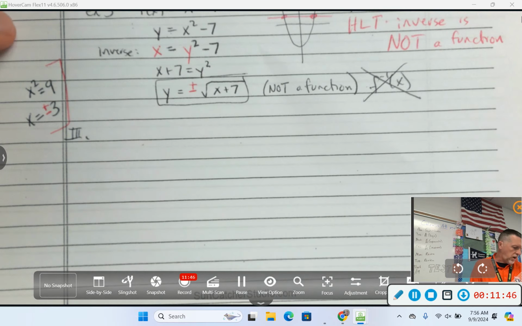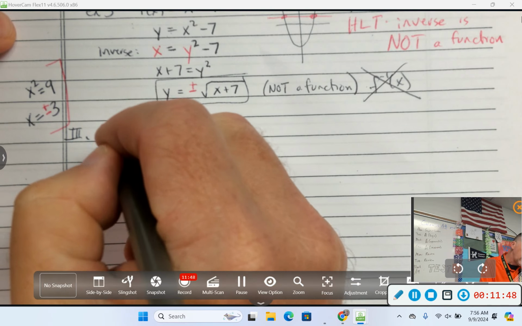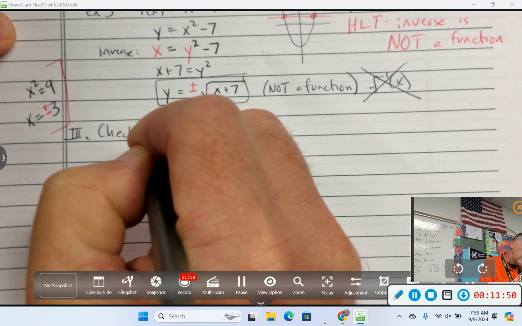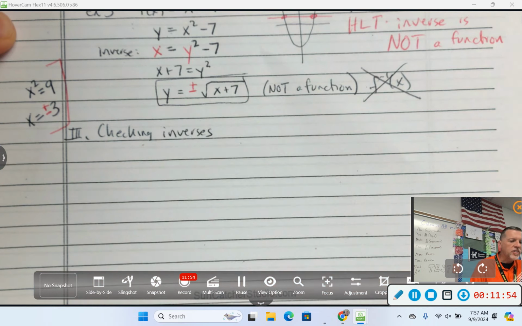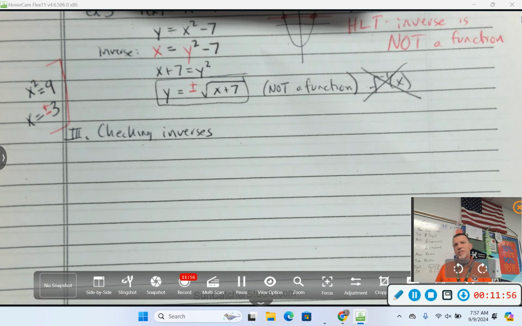Roman numeral 3, and final. Checking inverses. This is not a switch x and y thing. So the first two things, just switch x and y. If it's points, you're done. If it's an equation, well, you've got to solve for y. But checking inverses,